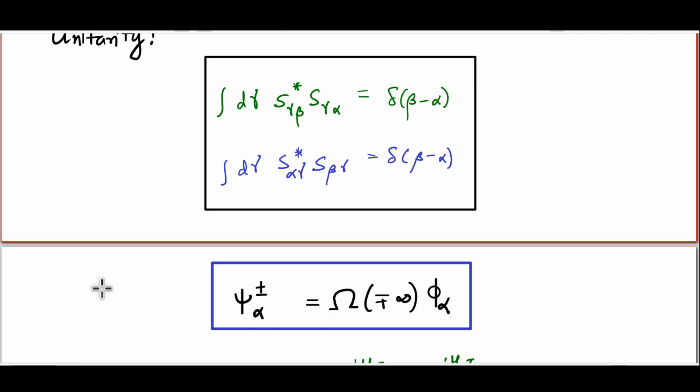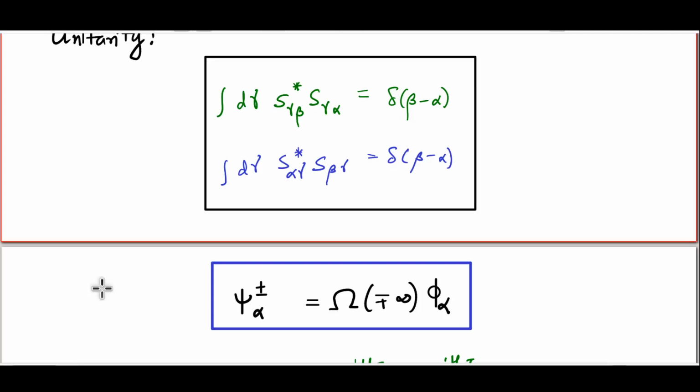Remember, psi alpha plus/minus and phi alpha have the same particle labels, except that phi alpha is of course for the non-interacting case, and psi alpha plus/minus will reveal these particle labels only if the measurements were done either in the remote past, as is the case for psi alpha plus, or in the remote future for psi alpha minus. And the way in which you get psi alpha plus/minus connected to phi alpha is through